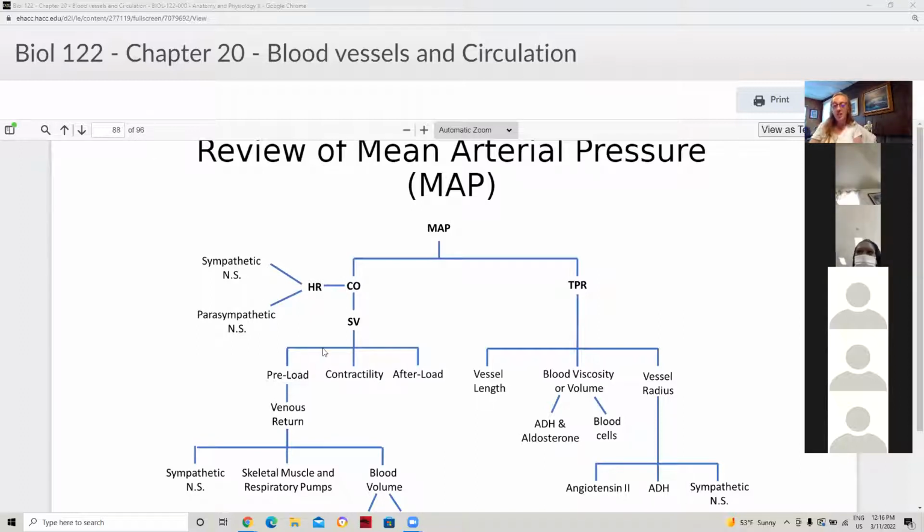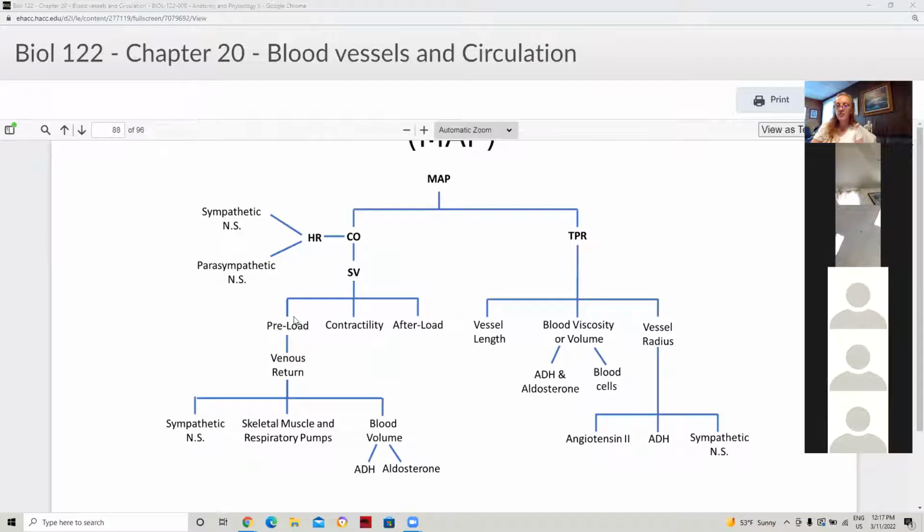I understand. So this is a scheme that's been drawn up showing how mean arterial pressure is affected by cardiac output and total peripheral resistance, and how they're affected. So bear with me here. Cardiac output is affected by the heart rate times the stroke volume. The heart rate is affected by the sympathetic nervous system and the parasympathetic nervous system. The stroke volume is affected by preload,